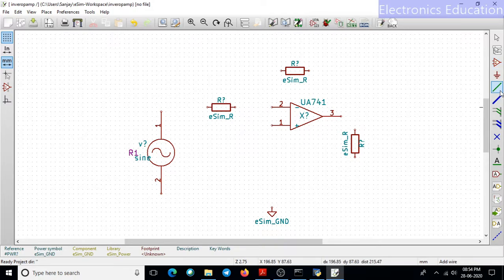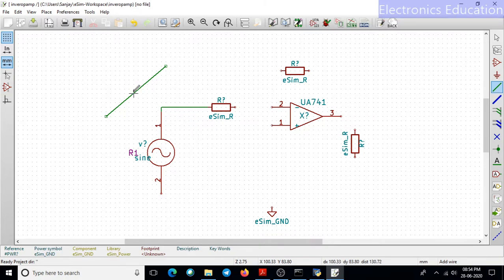So I will choose a wire. Now see, if I select this particular button, then what will happen? I have to go only vertically or only horizontally. Okay, so by deselecting this button, now my wire can go in any direction in this fashion. So now this wire is generated.